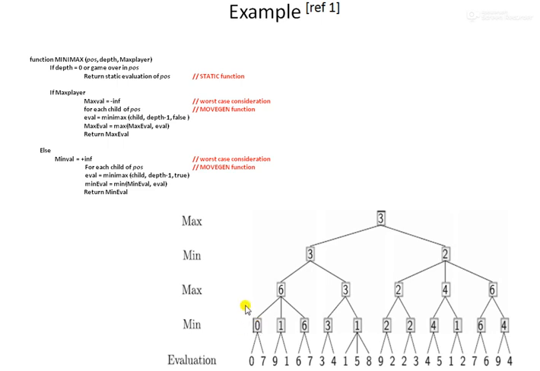Now this value will come to max. For this, max has generated this, so which value will max pick up? Minus infinity and 0 will be compared, so definitely 0 is higher than minus infinity, so the max value for this will be 0. Again it will go down, again it will be called, so 9 and 1, the value is 1. For 0 and 1, which one is higher? So 1 will come. Then again 6 and 0, 6 and 7, 6, so 1 and 6, so 6 will be here.